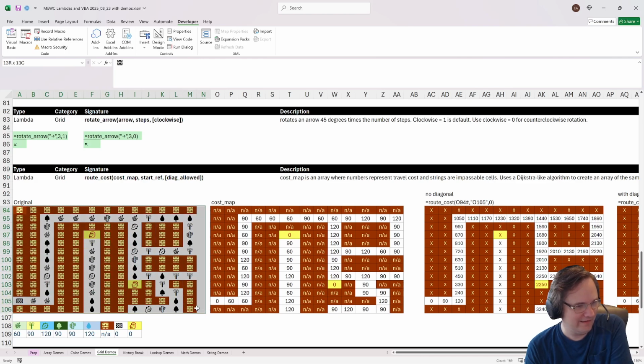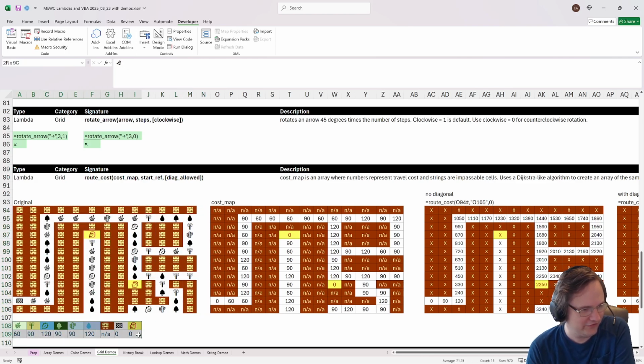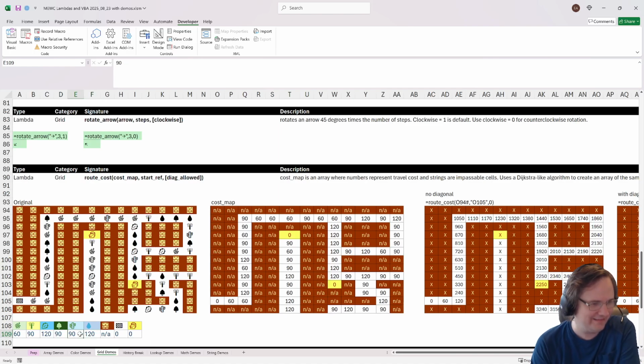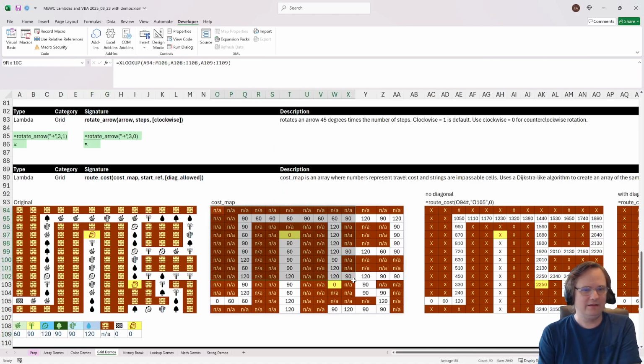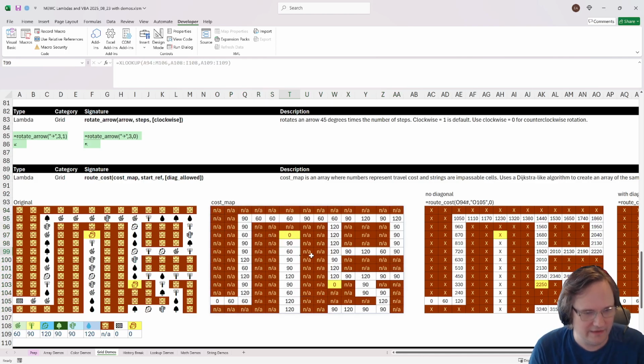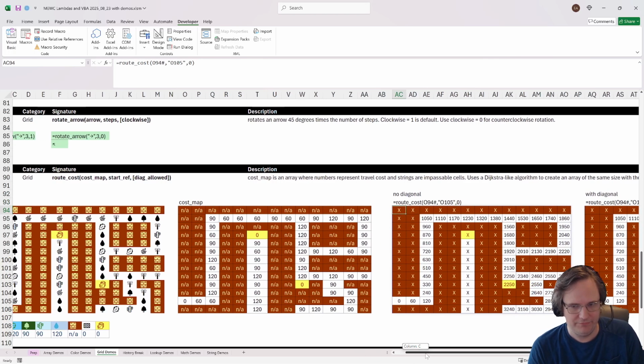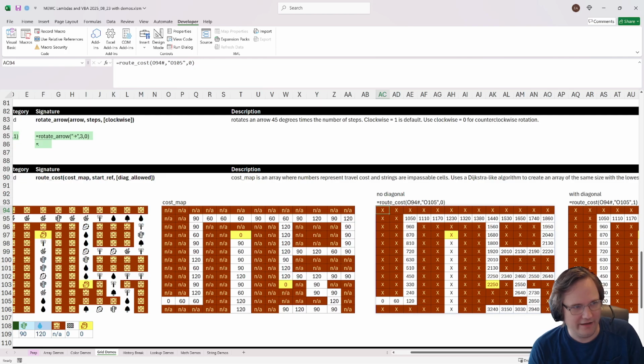So let's say this is in the case, and you also get information about how many seconds it takes for the animal to go through each of these terrains, right? So this is just an XLOOKUP on here, to say how many seconds it takes. The walls are NA because they're impassable. So now here's my lambda, route cost, based on this whole array here,